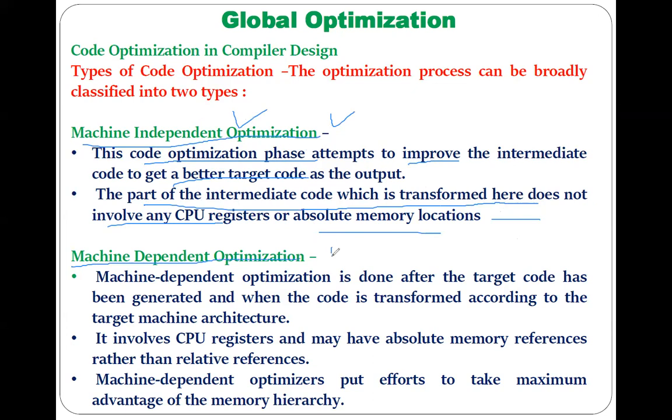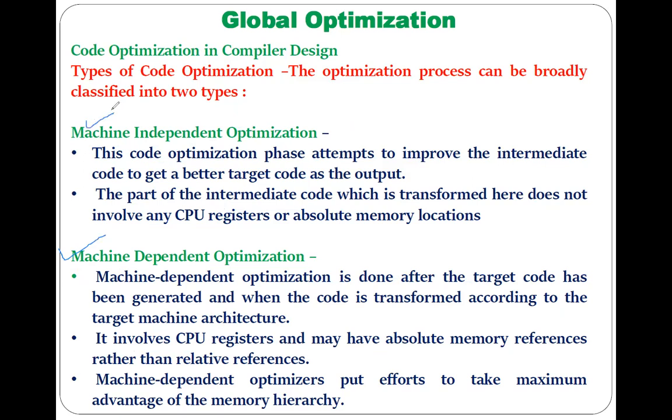And the second category, which we already studied, is machine dependent optimization. This is the optimization which is done after the target code is generated. While doing machine dependent optimization, we have to think about the machine, CPU registers, their instruction set, memory, etc. Understood? The machine dependent optimization is generally optional, but machine independent optimization generally gets performed by the compiler so that our code can be improved and the execution speed of the program can be improved. Last time I also discussed this; this was just a recap.